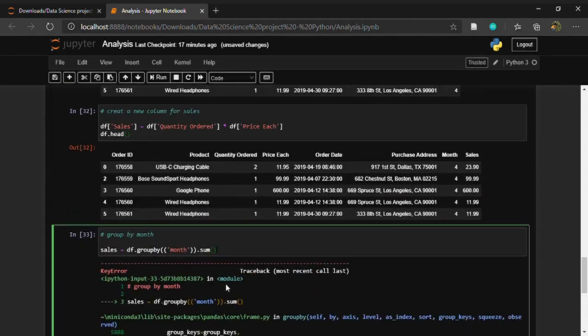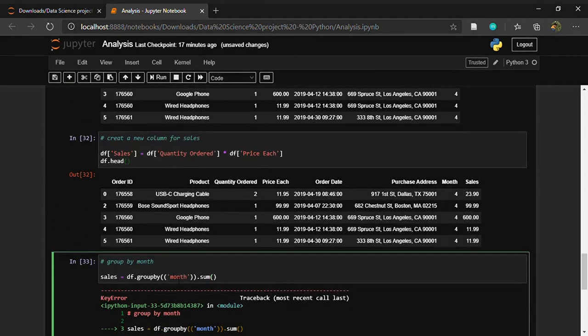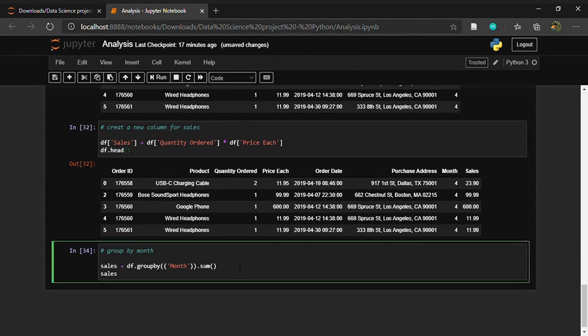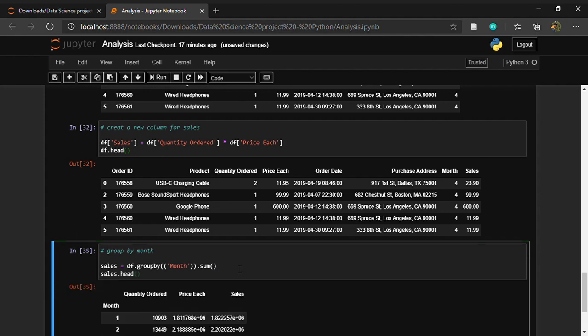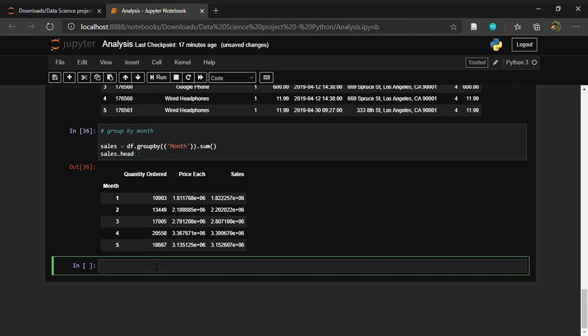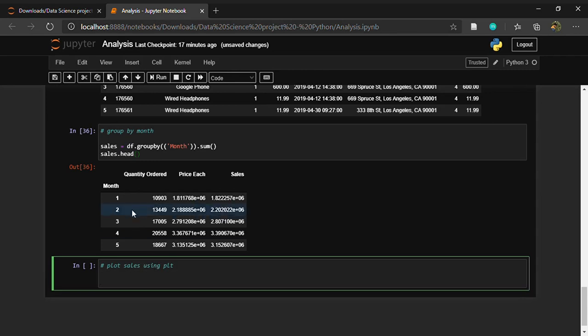Oops, we have a problem. Yeah, true. We have this capital letter. So here we have sales.head. Great. So now we have the sales, price each, and quantity ordered per each month. So now what we want to do is to plot sales using plt, matplotlib. And to do so, first of all, we have to know that in this new data